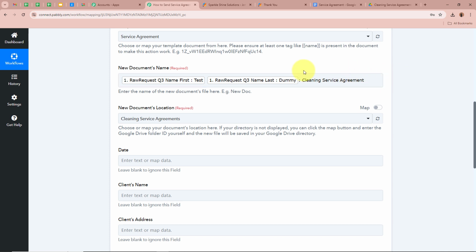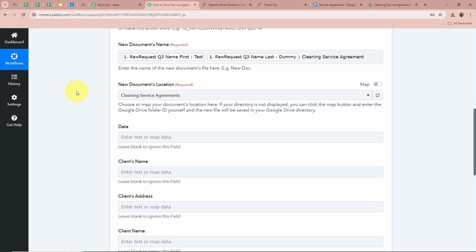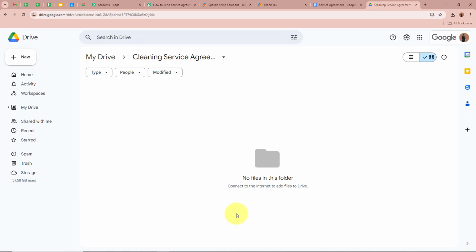Cleaning service agreement. So this is the name of my new document right over here. It will always start with my customer's name, test dummy colon cleaning service agreements. Okay, so this is my document's name right over here. For the new document's location, I've created a folder in which I want